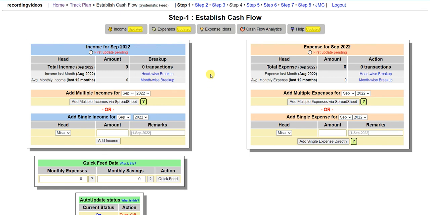Great. So when you are on the step one screen, you essentially see two sections here. One is the income section, and on the other side, you see the expense section. Now, we're in the systematic cash flow. Okay. Now, the first thing that you've got to do when you come to step one for the first time